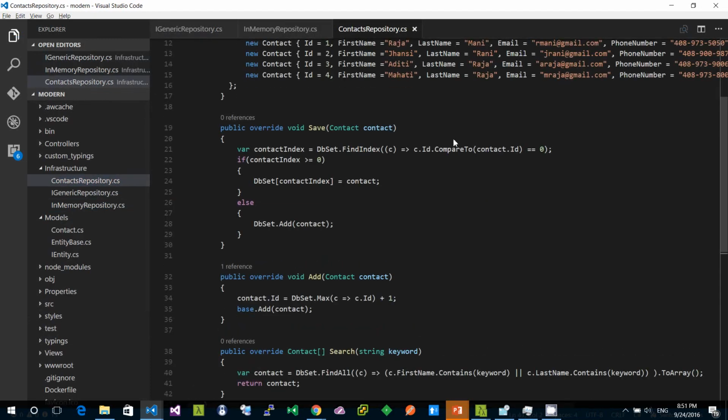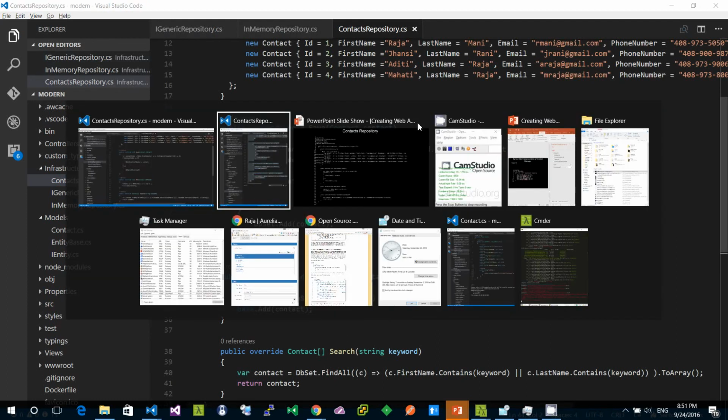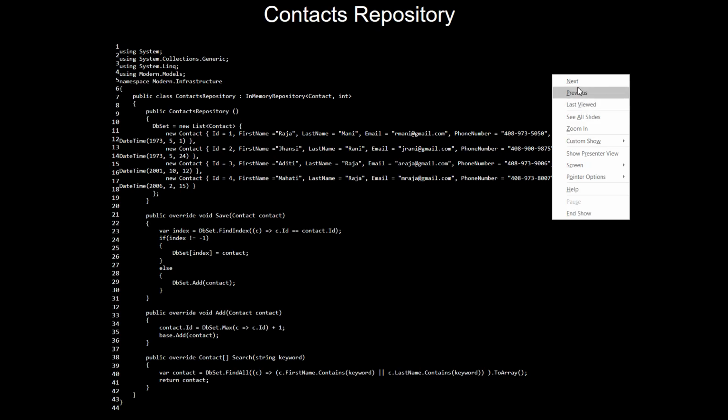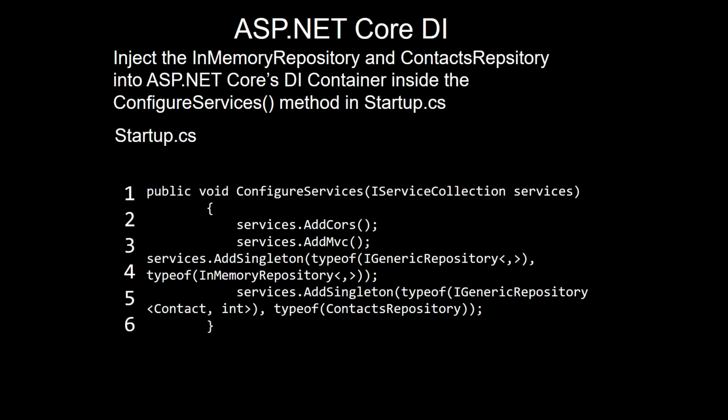Okay, now that we've defined our repository interfaces and classes, we will start wiring these repositories into ASP.NET's dependency injection container. There are many popular containers like StructureMap, Autofac, Ninject, and so on. For this particular section, I'm going to only use the default dependency injection, which is now a first-class citizen in ASP.NET Core. So let us take a look at the DI methods and how we can inject our in-memory repository